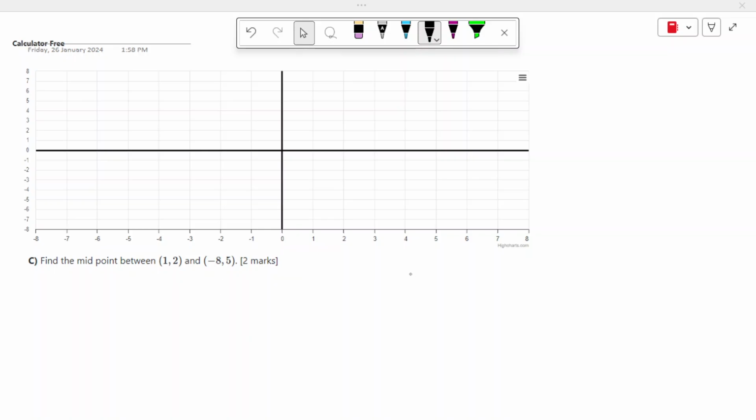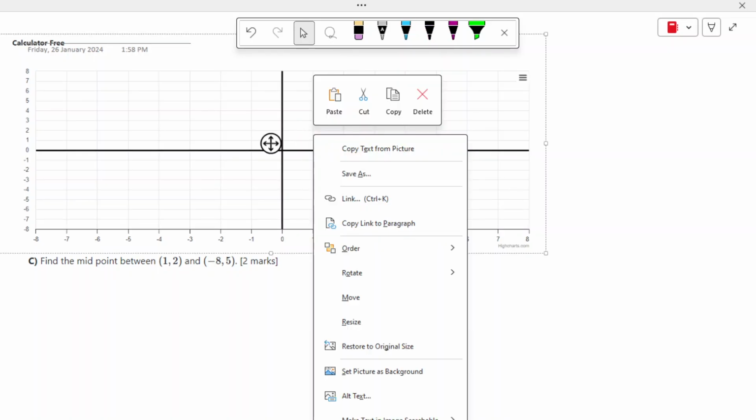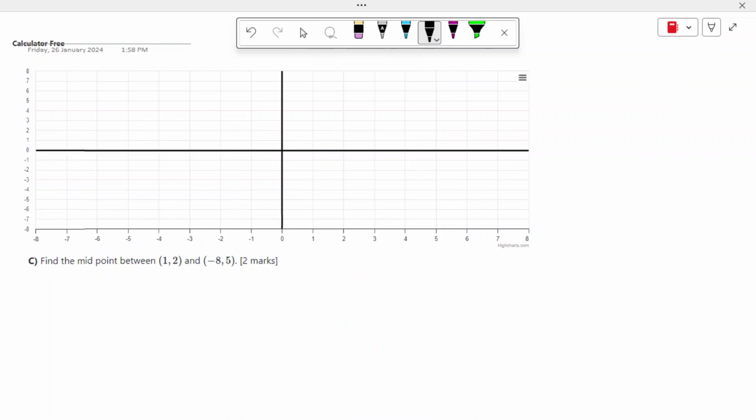This question is asking us to find the midpoint of points (1, 2) and (-8, 5). So point (1, 2), and also (-8, 5), at the top here. Okay, so we don't really need to visualize this, but sometimes it helps because when we